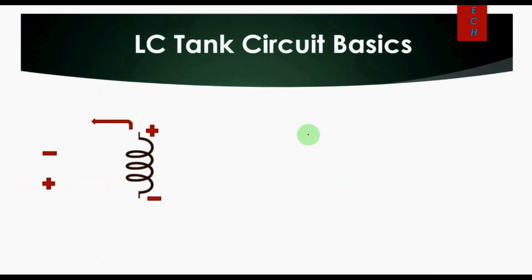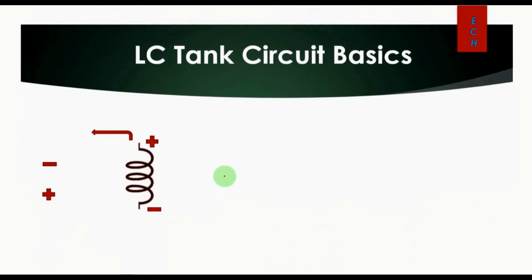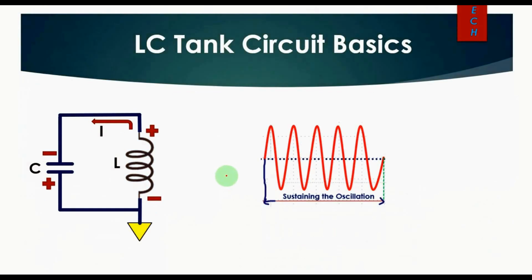At some point of time, because of the losses in the capacitor and inductor, losses due to the equivalent series resistance and losses due to the winding resistance of this inductor, after some time this oscillation will die out. So to sustain an oscillation we need to have a gain. For sustaining oscillation you need to have some gain circuit which will provide a sustained oscillation, right?